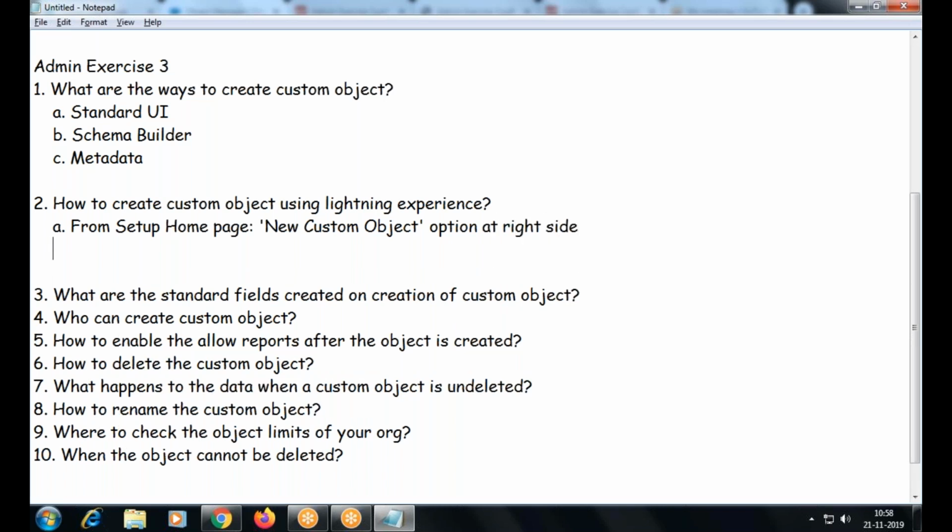Okay, the other one, platform tools, object manager.